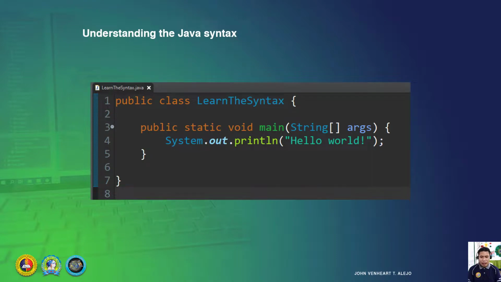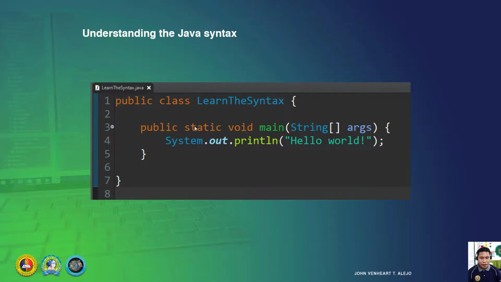Okay, in creating a function in Java, we have to consider the access modifier again. Magbalik-balik ra gina siya. Public, static, public, private, protected. Okay? Dayon, we have here kaning static, it is a special access modifier.